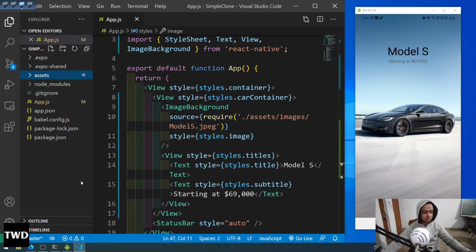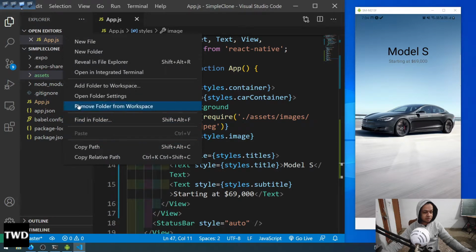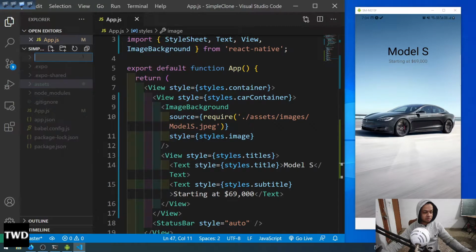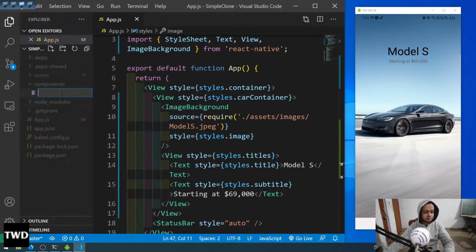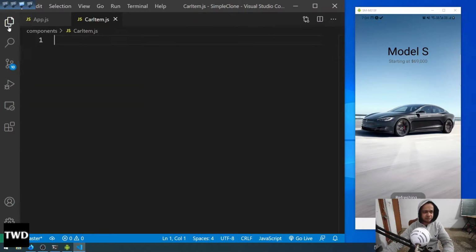So here only we will create a new folder known as components, and inside these components we will create car item.js. Again similar to React, we have like this only, in car item.js, and here